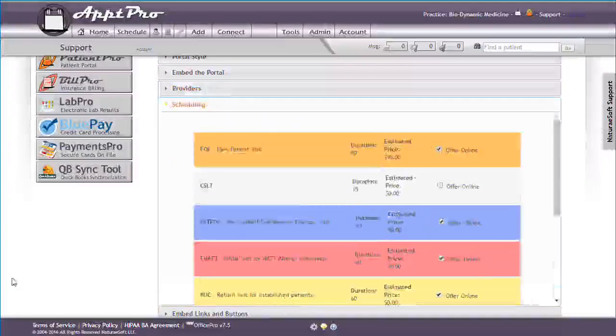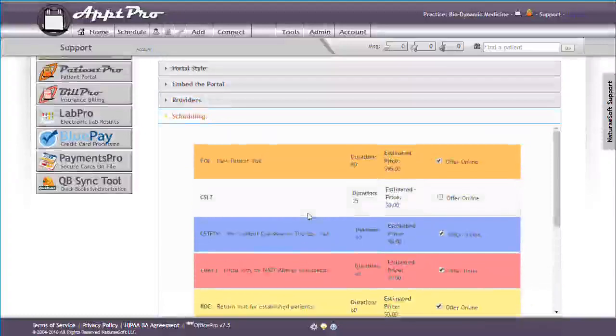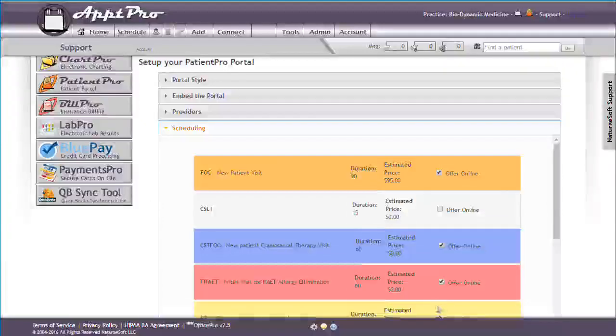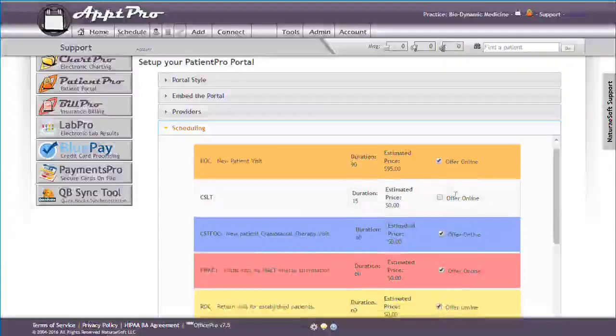The Scheduling area allows you to turn visit types off and on for scheduling in the portal, and edit their price, duration, and other attributes. Visit types that are enabled for portal access show up in color. Types that are turned off for the portal show up as gray. When you click the button to turn a visit type off or on,